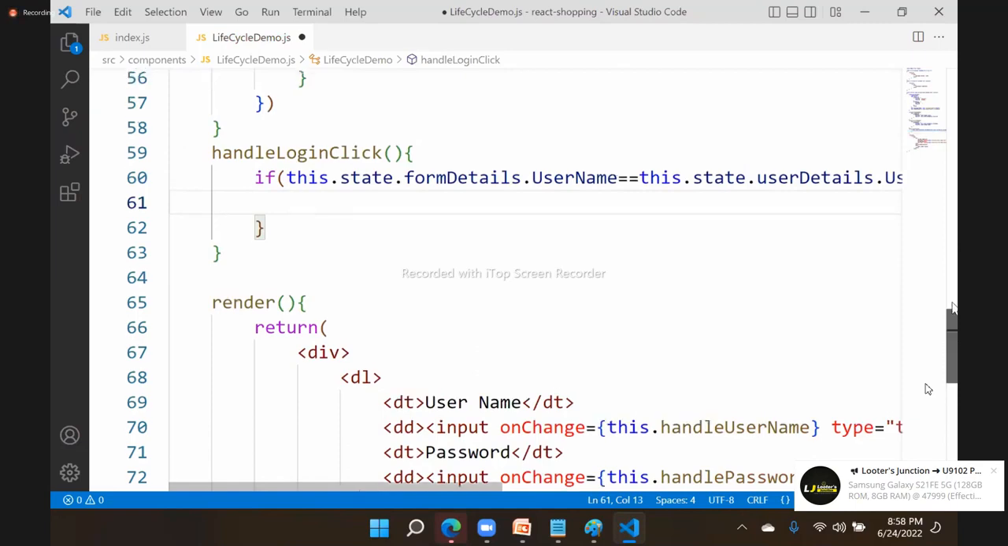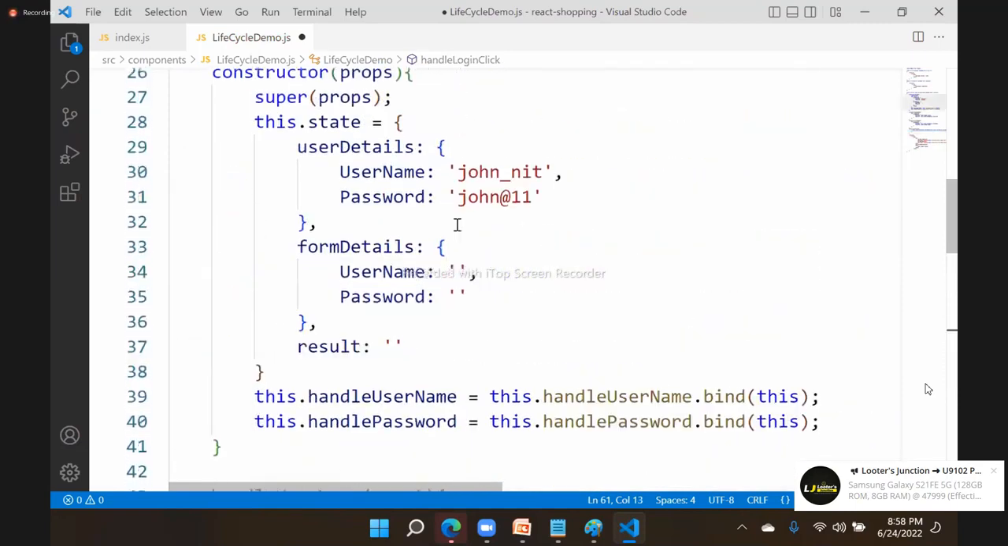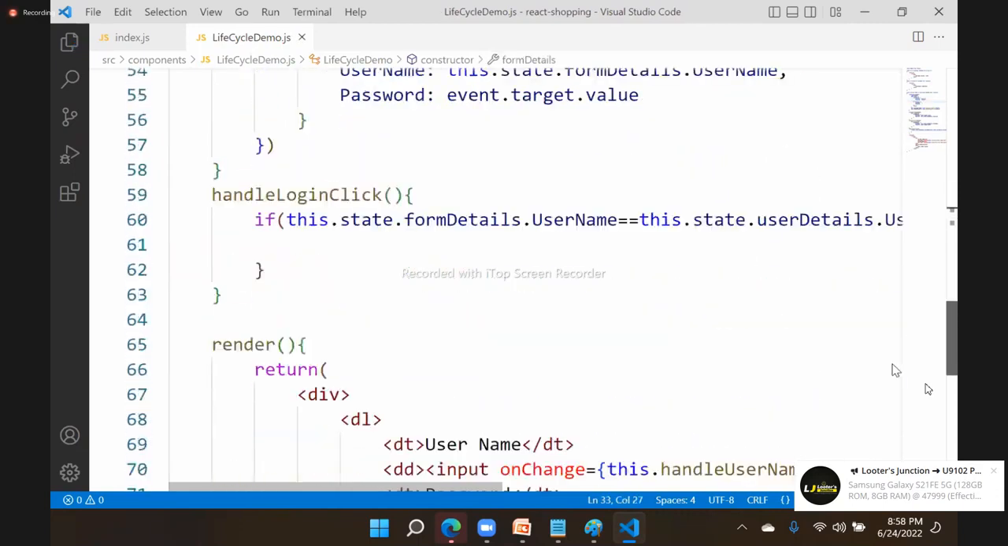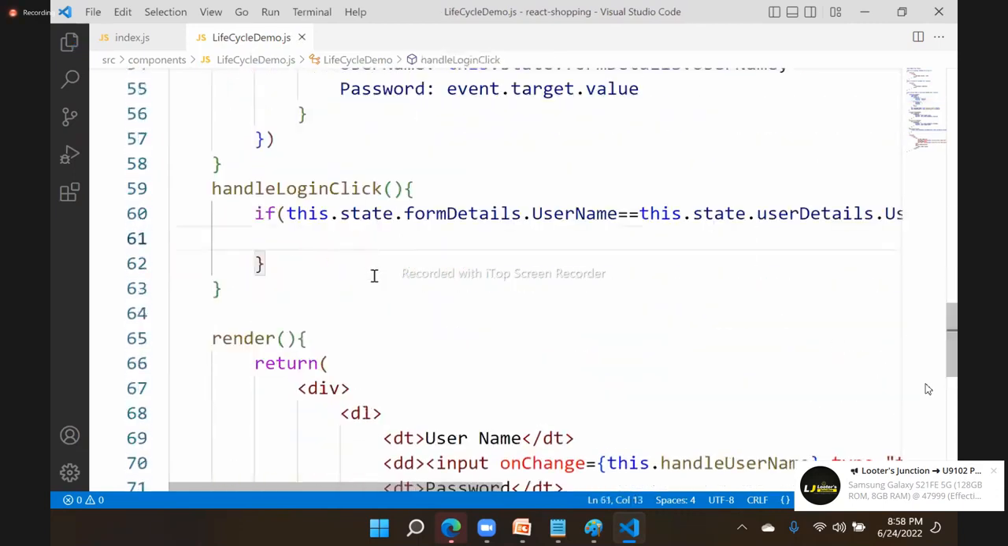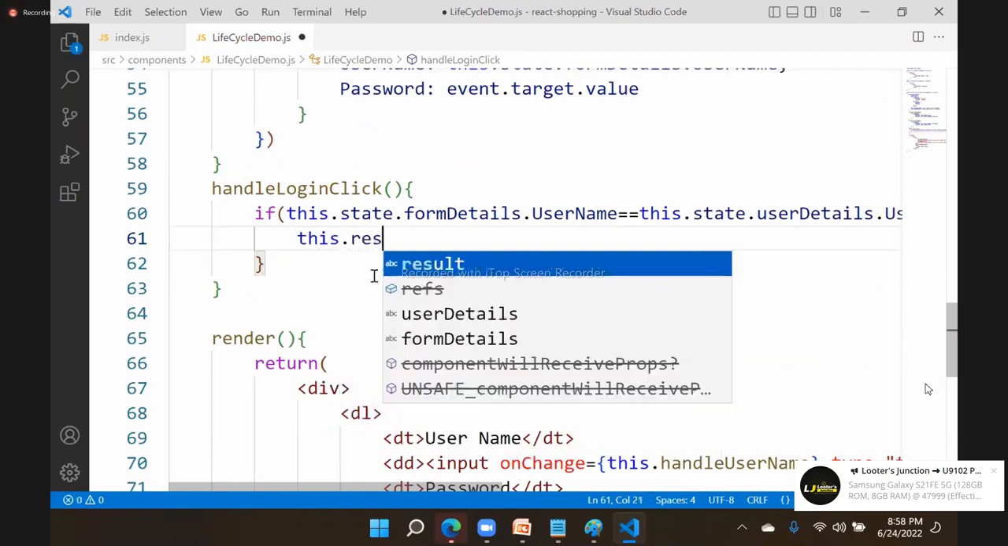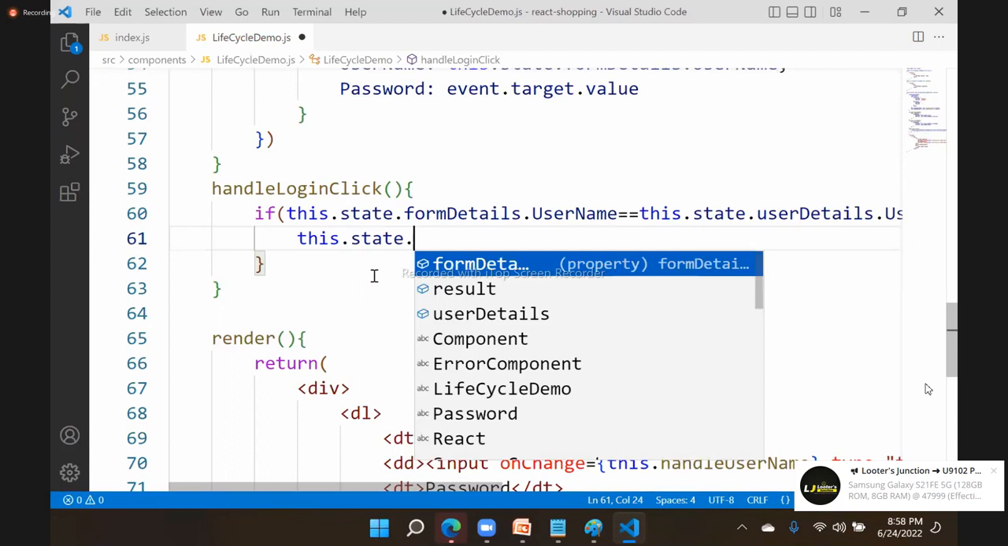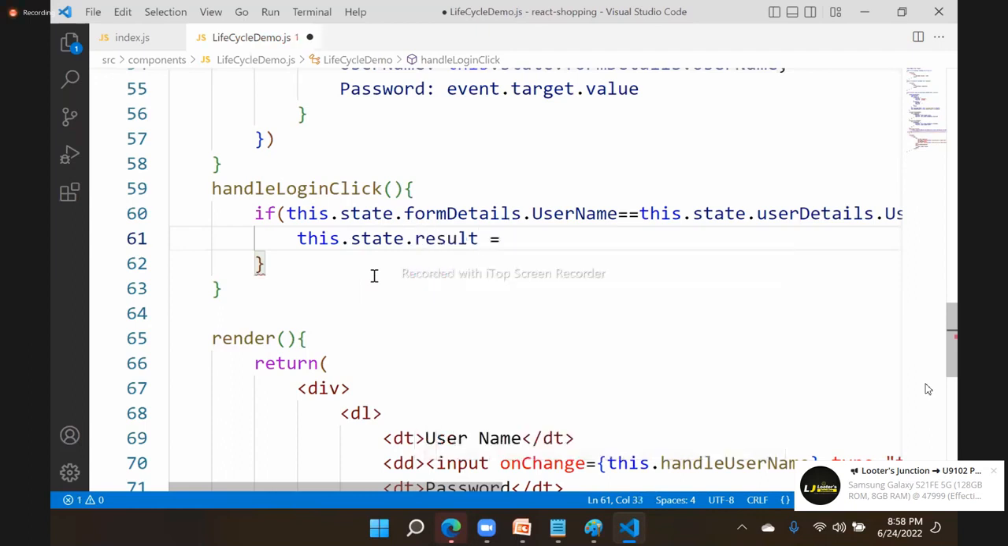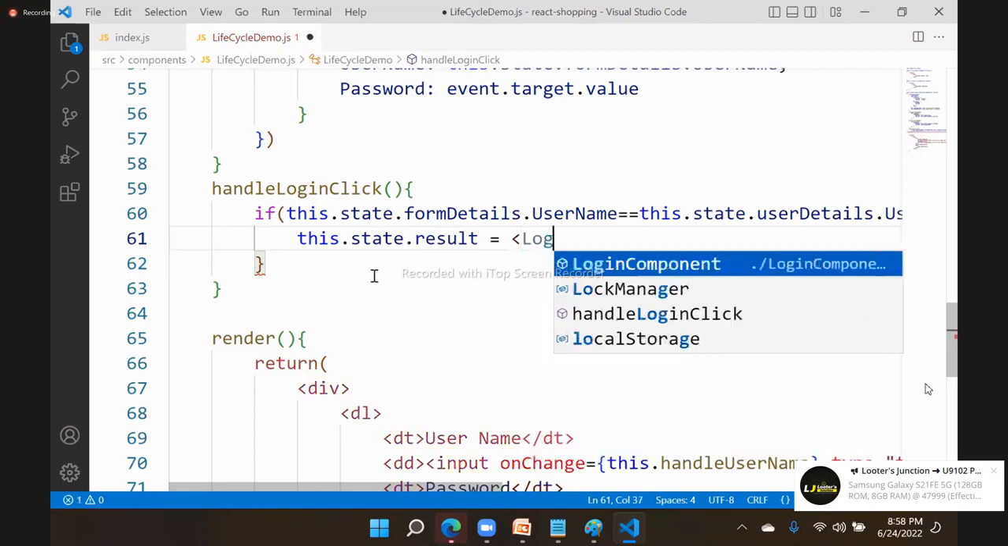That means you see here, this is what you entered, and this is what is already there. You are verifying whether they are matching or not. If they are matching, what should happen? If they are matching, then this dot state dot result, am I right? Into this, I want to render a component called